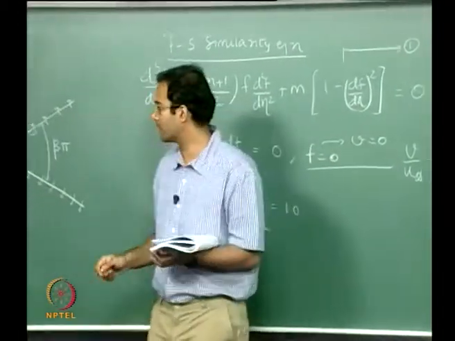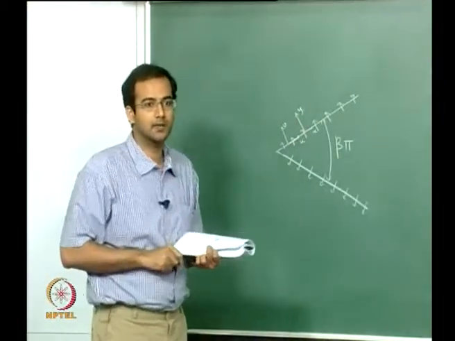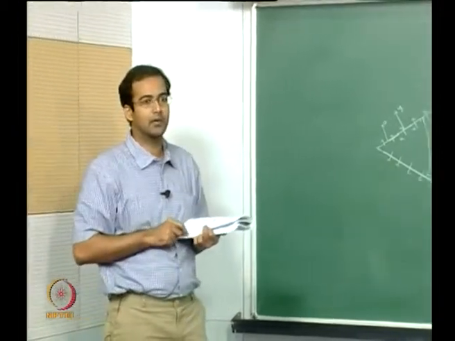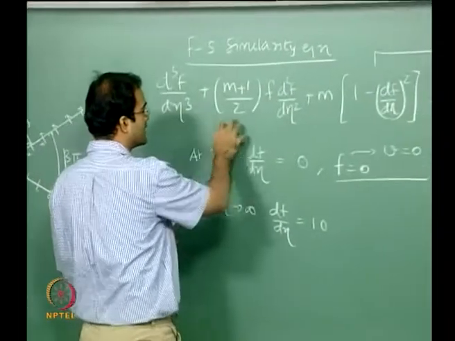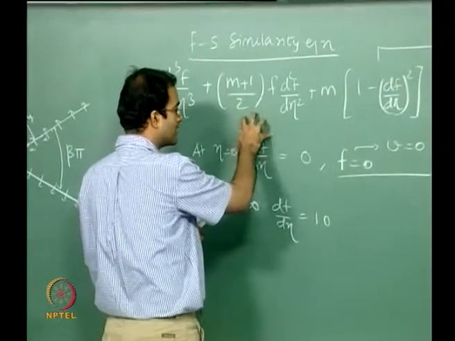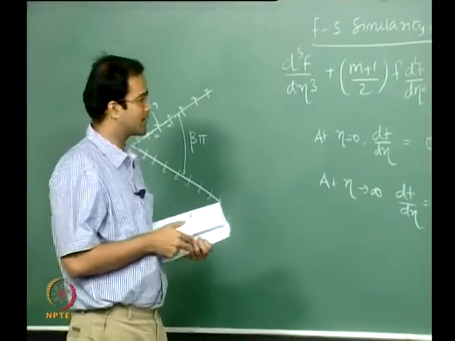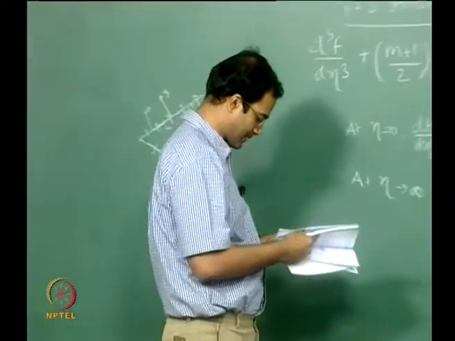Now in this case we cannot do that because you have some small transpiration velocity, which has to be specifically accounted for in the boundary condition. So therefore the solution for the equation has to be different because the equation, although it is the same, the boundary condition is now different. Okay. So this is how you are including the effect of transpiration into the Falkner-Skan solution.